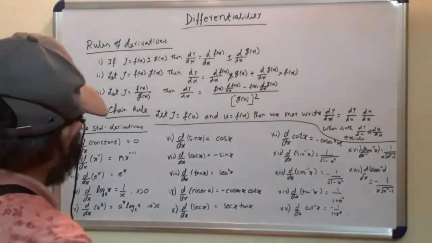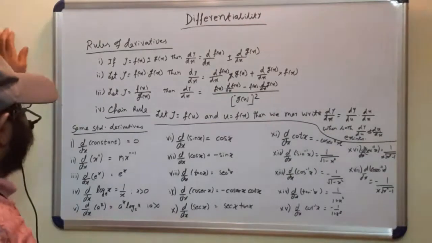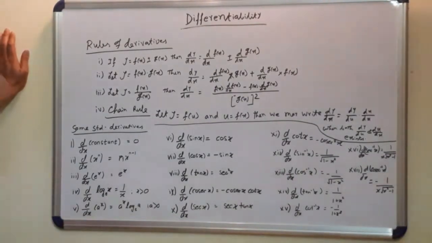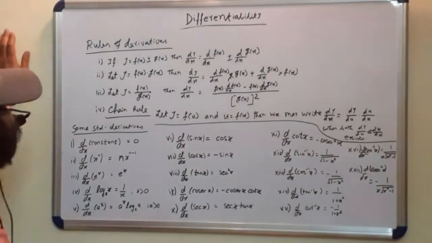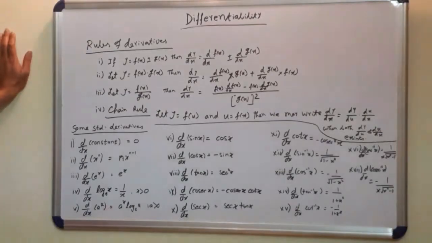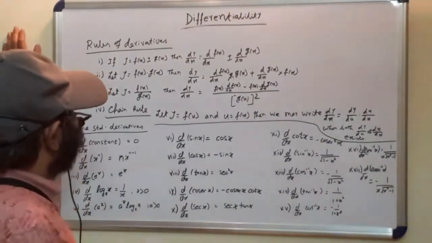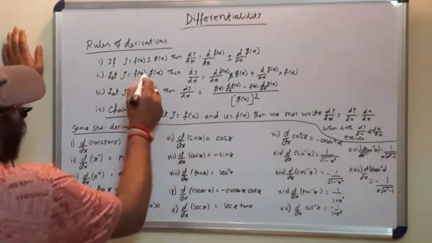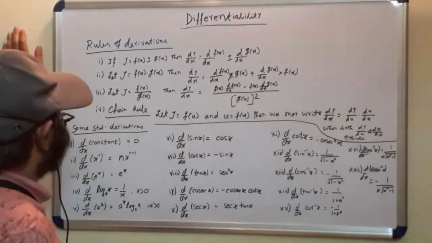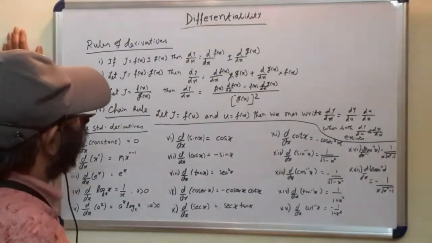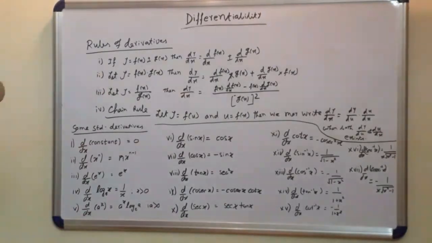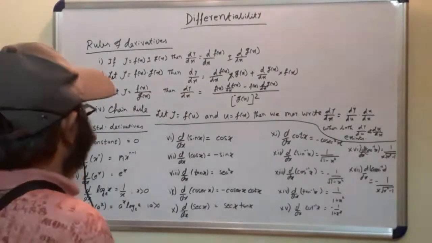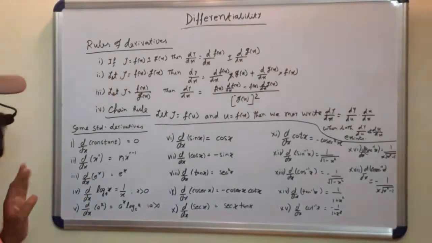Now if I want to find the derivative or differentiation of y, since y is equal to fx plus gx or fx minus gx, it is equal to the derivative of the individual functions, added or subtracted. That is, if y equals fx plus or minus gx, then dy dx is equal to d of fx dx plus or minus d of gx dx. That is, if we differentiate separately, we will get the same result.